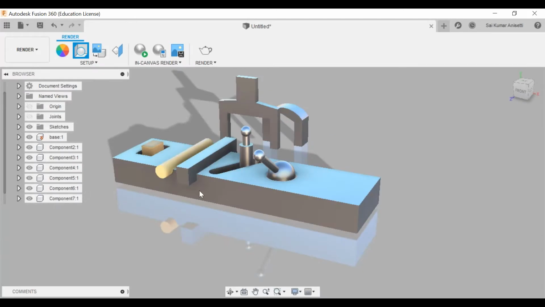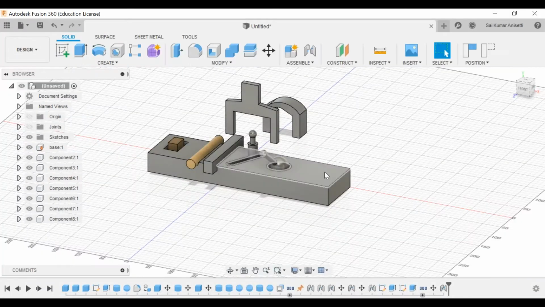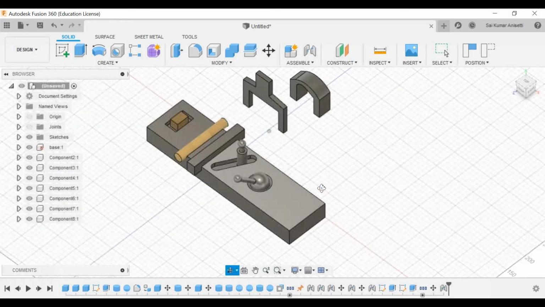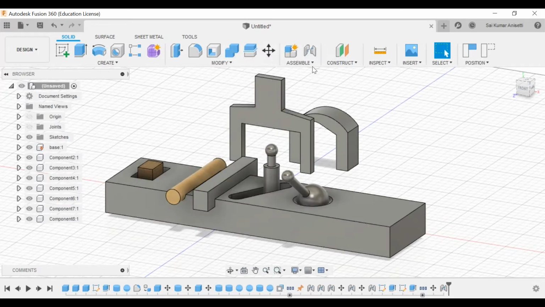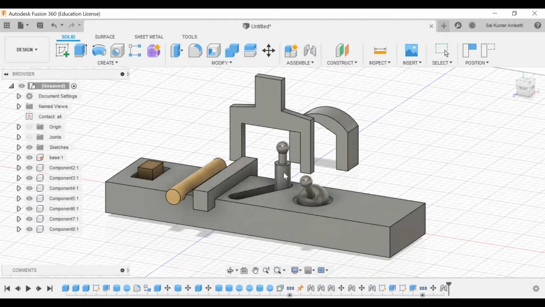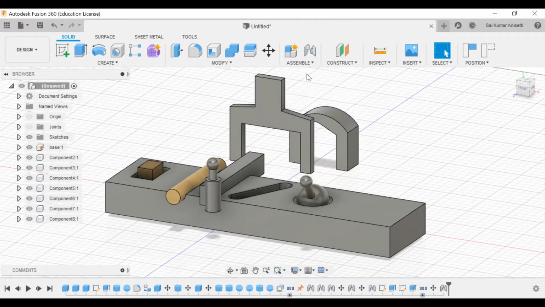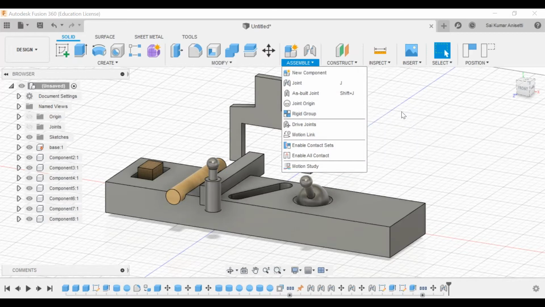Now I'll fry my system. This is my default window. I'm comfortable with this. So first try to design your elements and try to give any assembly, and move your parts here and there, and make sure you play with it, and finally you make sure that you enable all contacts, and your animation should not cross your limits. Make sure that this is inside this model workspace, and disable all contacts, and that's all.